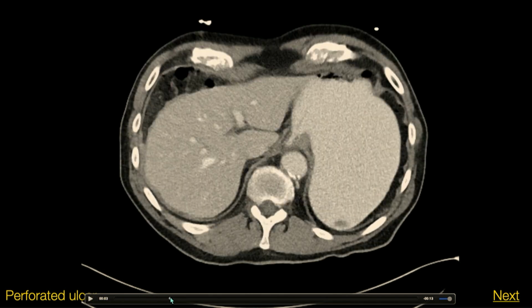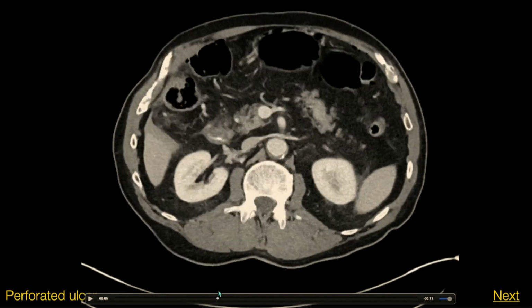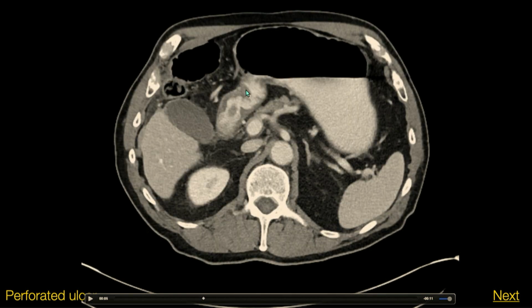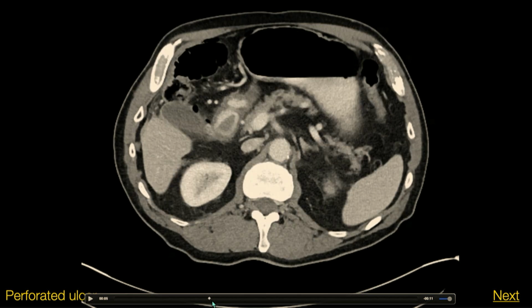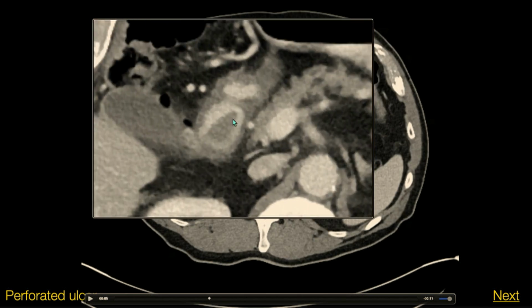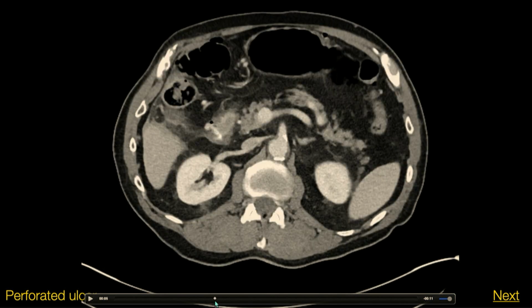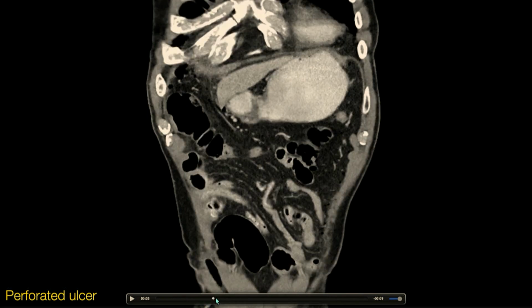So here we have a perforated ulcer. We were encountering air in the upper abdomen right away. Some oral contrast is on board. Really more submucosal edema in a long segment of the first portion of the duodenum than we'd expect to encounter. This kind of intraluminal filling defect, which actually could be hemorrhage. And then that oral contrast showing us that defect, but actually I'll show you on coronal, which I think is pretty helpful. All right, so